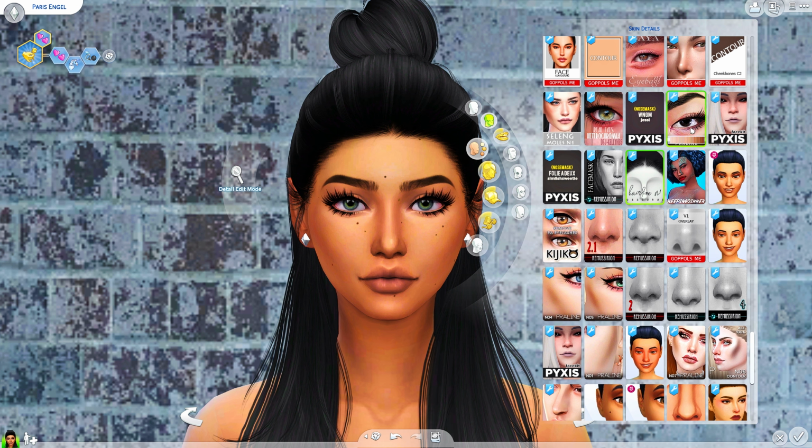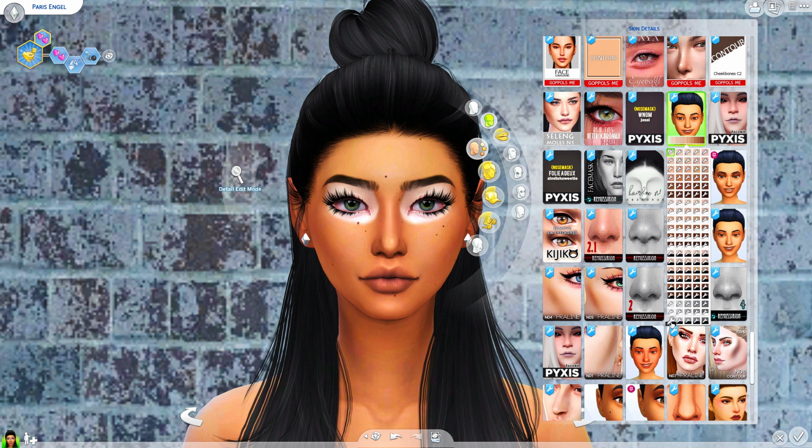So these ones are called N01. This one specifically is to make your Sims have, I'm pretty sure this counts as monolids because I think there is a small line on there. This is to give your Sims an Asian look, as I said. It's really nice to have because a lot of skins actually give them a double lid automatically, which sometimes you don't always want, depending on the ethnicity that you feel that your Sim is from. So specifically this one is really nice to have and comes in a few different color options depending on how dark and prominent you